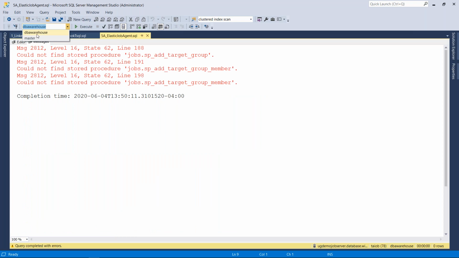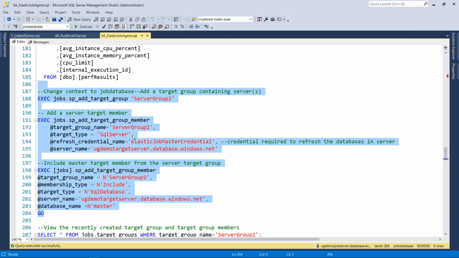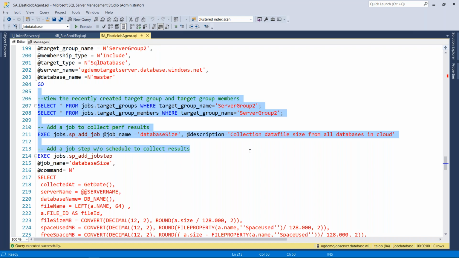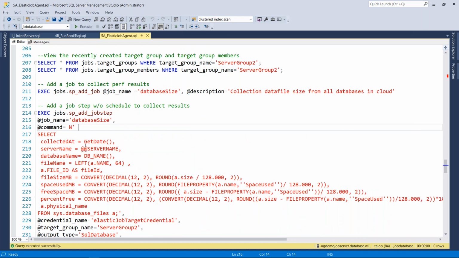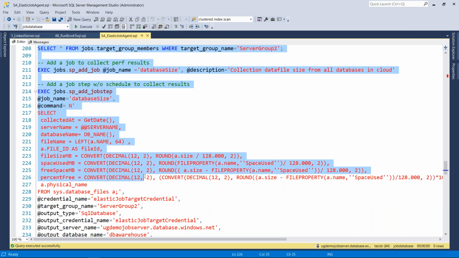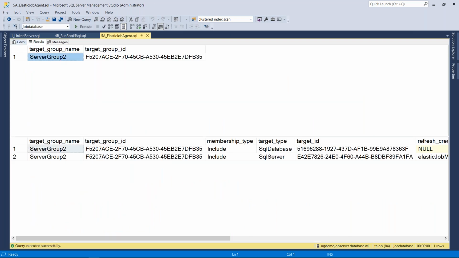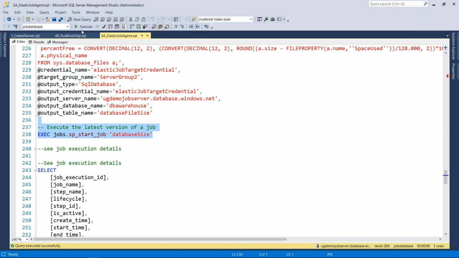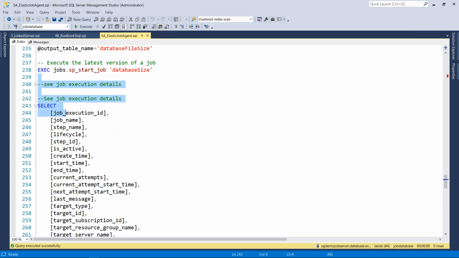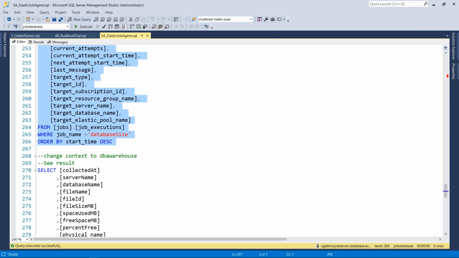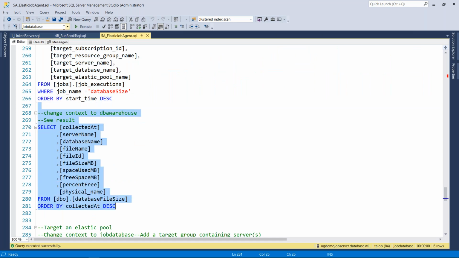Sorry, I have to switch to the job database because that's where all my stored procedures and system tables are. Hopefully one day they will have the use database name. And again, I'm adding it. What I did here, if you remember, we used it so many times before to collect the server database sizes. I brought the same code here, and I'm setting up a job using that code. Now if I execute this, running the job, look at the execution details. They all ran very quick. And now if I go against the DBA warehouse,